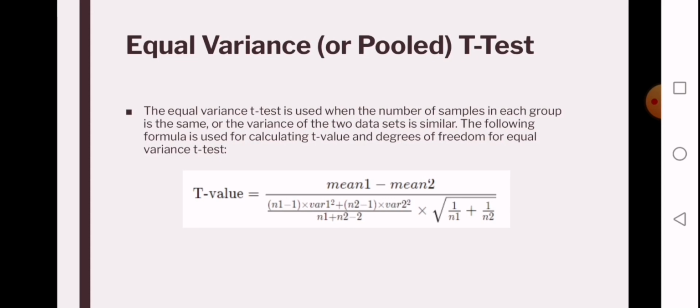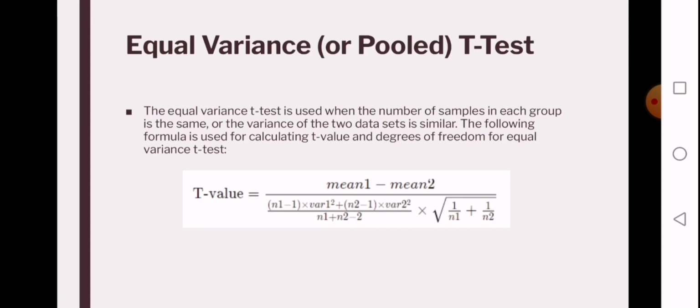The t-value is equal to mean 1 minus mean 2 over the square root of (n1 minus 1 times variance 1 squared plus n2 minus 1 times variance 2 squared) over (n1 plus n2 minus 2), times the square root of 1 over n1 plus 1 over n2,